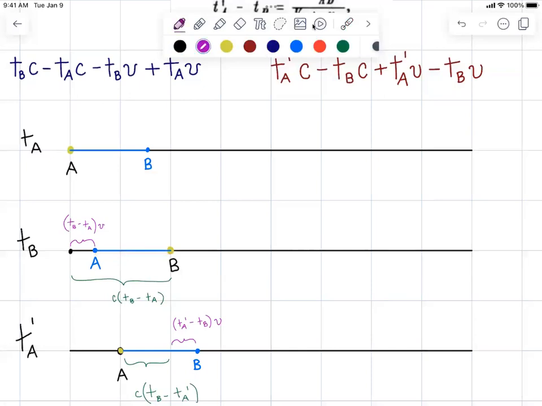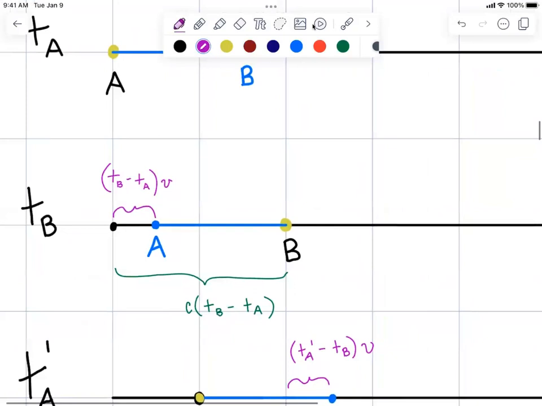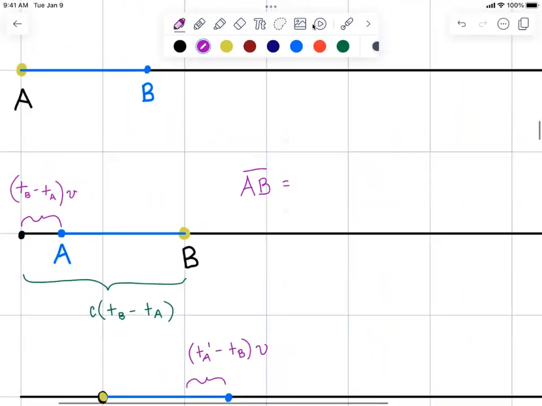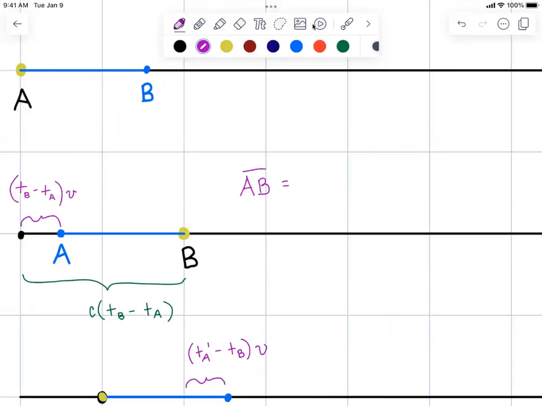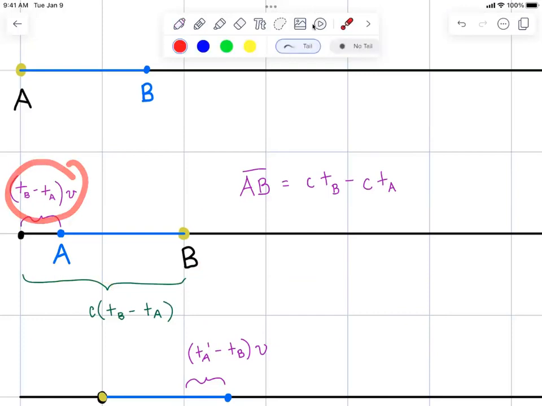All we need to do is say that the line segment AB is equal to the larger distance, which is this one, CTB minus CTA, and we need to subtract the smaller distance to get this distance. So we can say minus